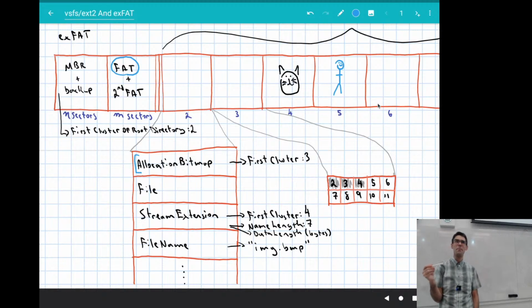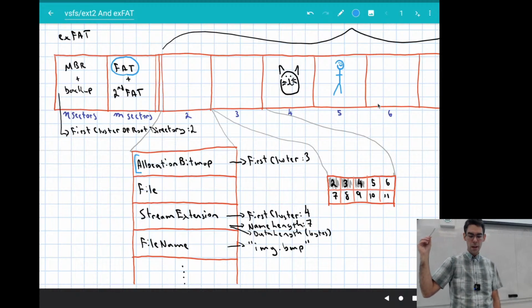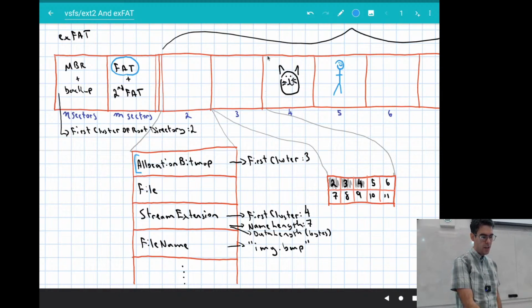The allocation bitmap is the same as the allocation structure in VSFS. It's that data bitmap. This is effectively what this is. But the allocation bitmap directory entry says the first cluster of this data structure is in cluster 3.